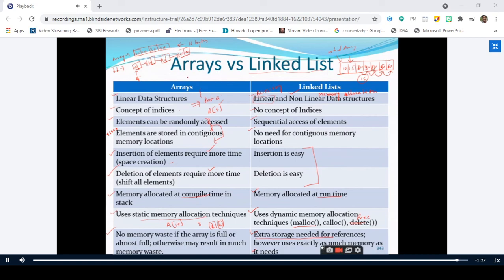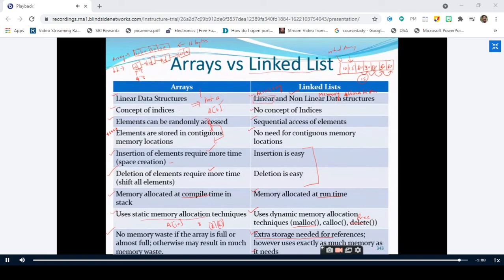What is the size of an integer pointer? Sir, any pointer is 4 bytes. Right. Any pointer, since it stores only an address, we allocate 4 bytes of memory, and it also depends on the compiler. So assume that it occupies 4 bytes.